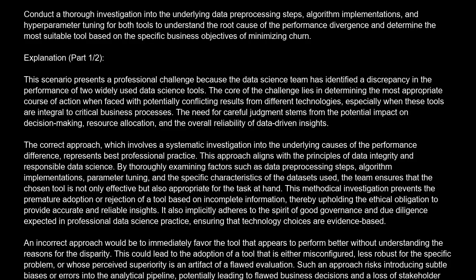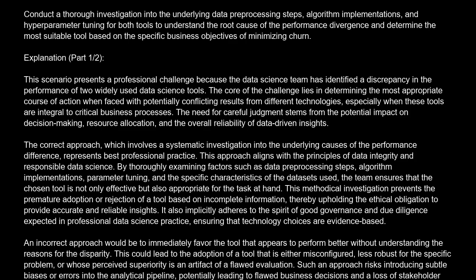The correct answer is C. Conduct a thorough investigation into the underlying data preprocessing steps, algorithm implementations, and hyperparameter tuning for both tools to understand the root cause of the performance divergence and determine the most suitable tool based on the specific business objectives of minimizing churn. Explanation. This scenario presents a professional challenge because the data science team has identified a discrepancy in the